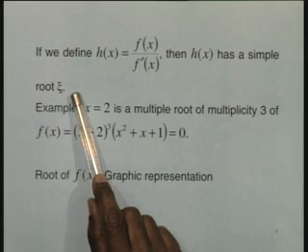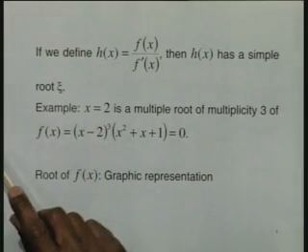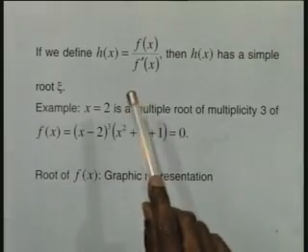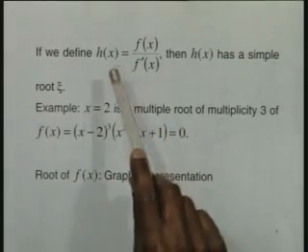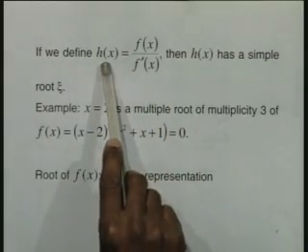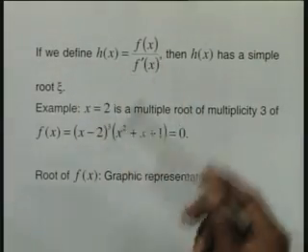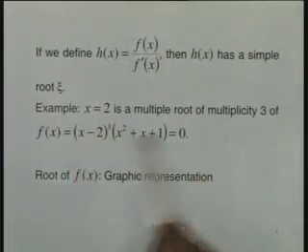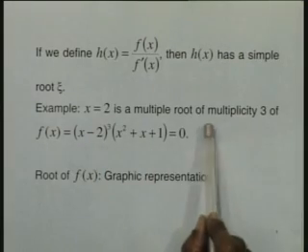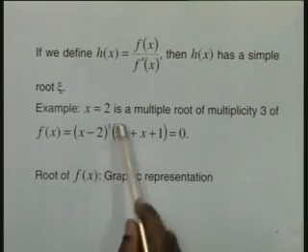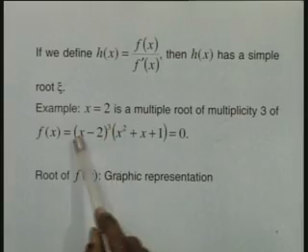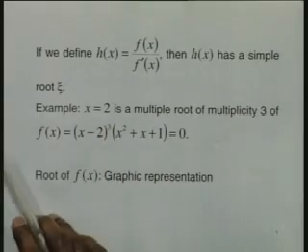Now, as I was saying earlier, if I am able to construct methods which give me the simple root much more easily, then I can use them to find the multiple root also, and apply the same method on the function h(x), so that I will get the simple root of h(x) and hence the multiple root of f(x) equal to 0. As an example, we give this as the multiple root of multiplicity 3, so that I am able to factorize it and then take (x minus 2) whole cubed outside.